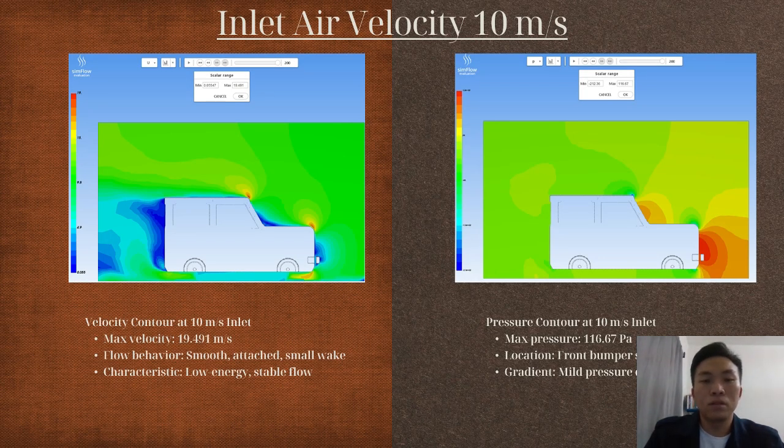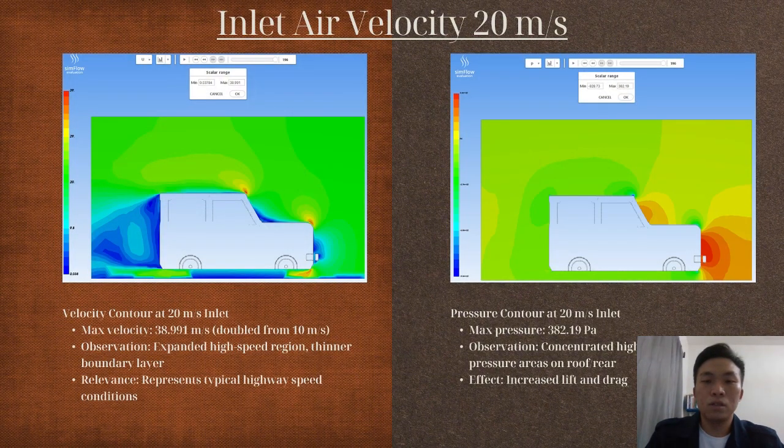The pressure contour distribution at 10 meters per second inlet velocity shows a maximum stagnation pressure of 116.67 Pascal at the front bumper. The pressure gradients along the hood and windshield are marked, corresponding to the low dynamic pressure at the speed. After that, in the velocity contour at an inlet velocity of 20 meters per second, the flow exhibits stronger acceleration